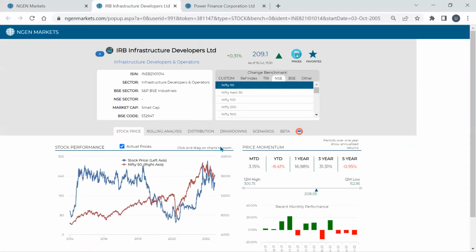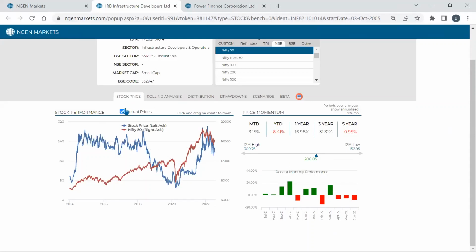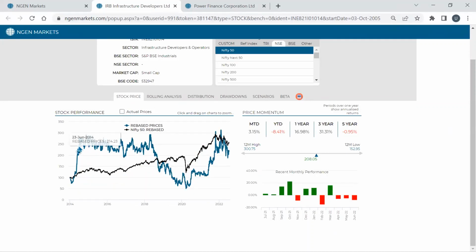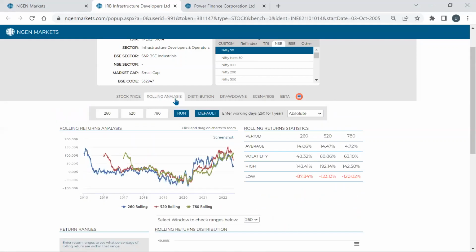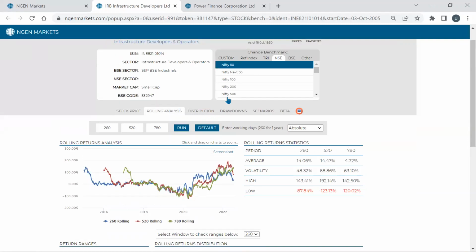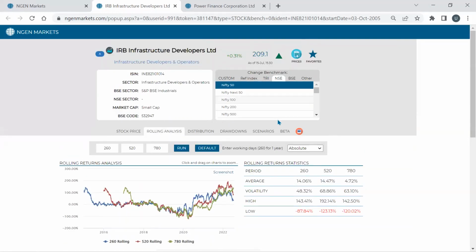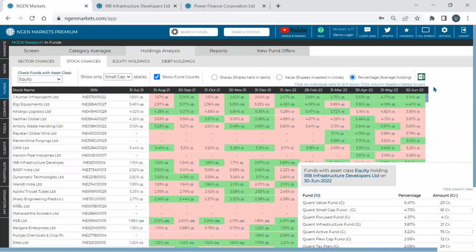And you can click on that stock to know what is going on with it. You can just click on it and you can see the price momentum, the rolling analysis, and you would certainly find some volatility, as this is a highly volatile stock. You can look at the rolling analysis, and there are lots of sets of analysis you can do for a singular stock as well. So that is how the entire session went today.